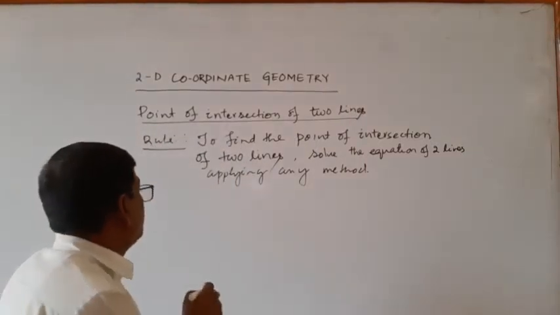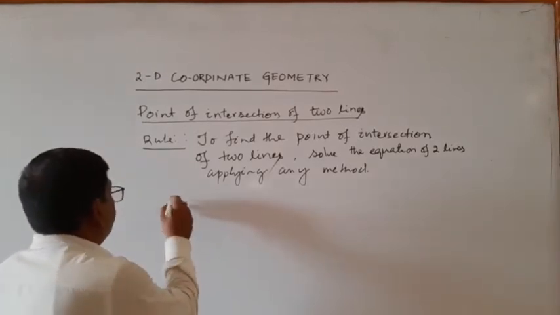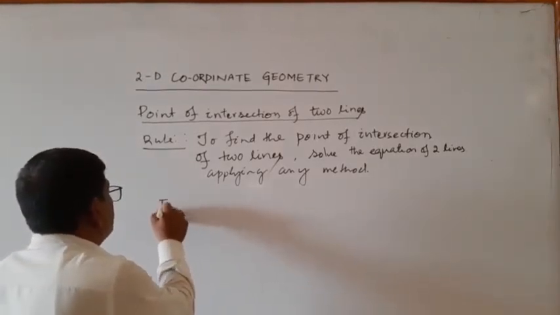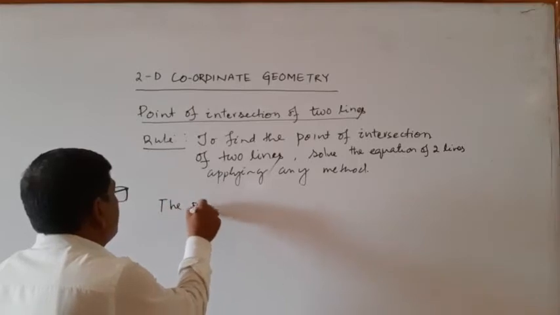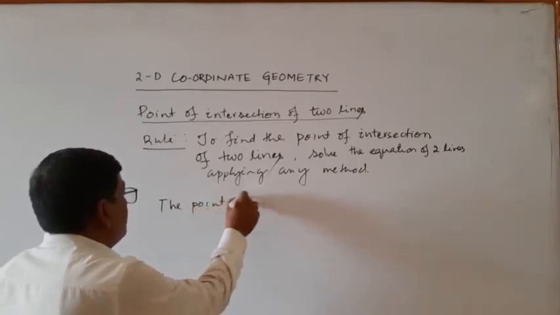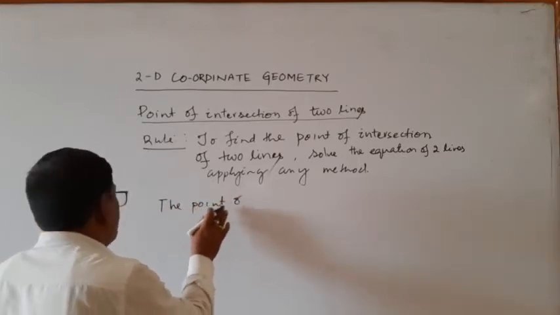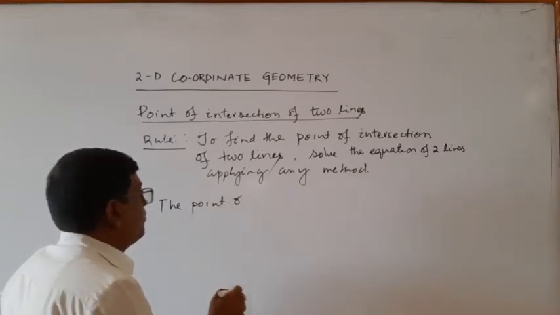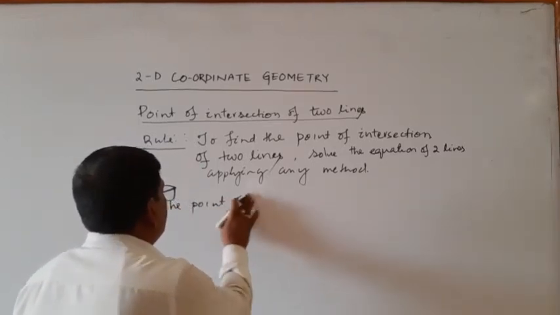Suppose we want the point of intersection of two lines, let